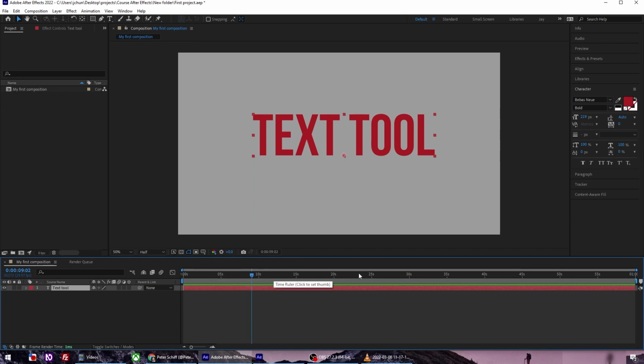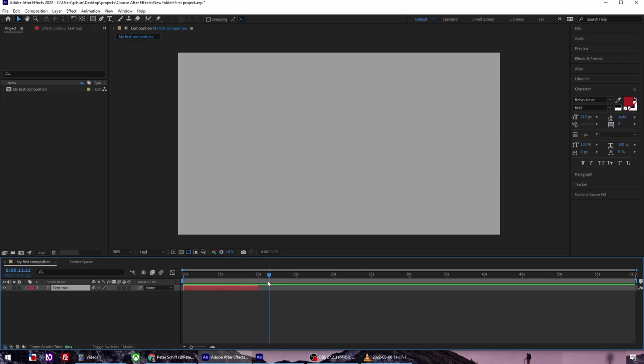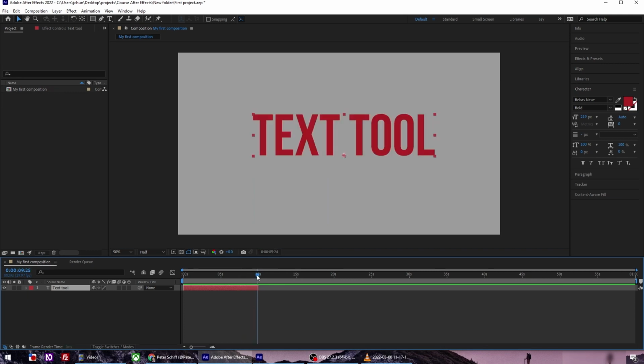If you want to shorten how long this layer is going to stay on for, you move the current time indicator right above this thing here. For example, we want to stop it at around 10 seconds. What you want to do is hold Alt and the right bracket. And you notice that the layer cuts off after around 10 seconds or right before 10 seconds. And if you scrub the timeline, you can tell right after 10 seconds or around 10 seconds, the text tool